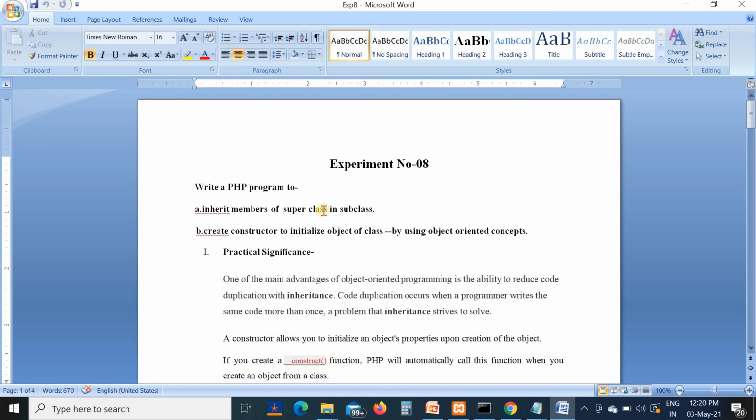That means here you want to apply the inheritance concept and implement the programs for all types of inheritance. The second statement is to create a constructor to initialize an object by using object oriented concepts. And here you want to apply the constructor concept.